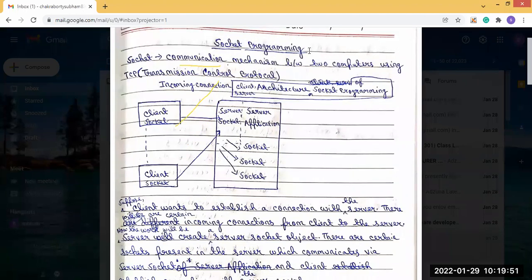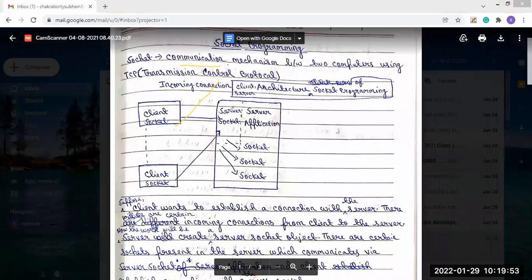First, on the server side, the server socket object will be created. The client sends the request, and after the request is granted, the connection is established. The client gets its required information like server address and port number, and after getting that, it creates its own socket object.